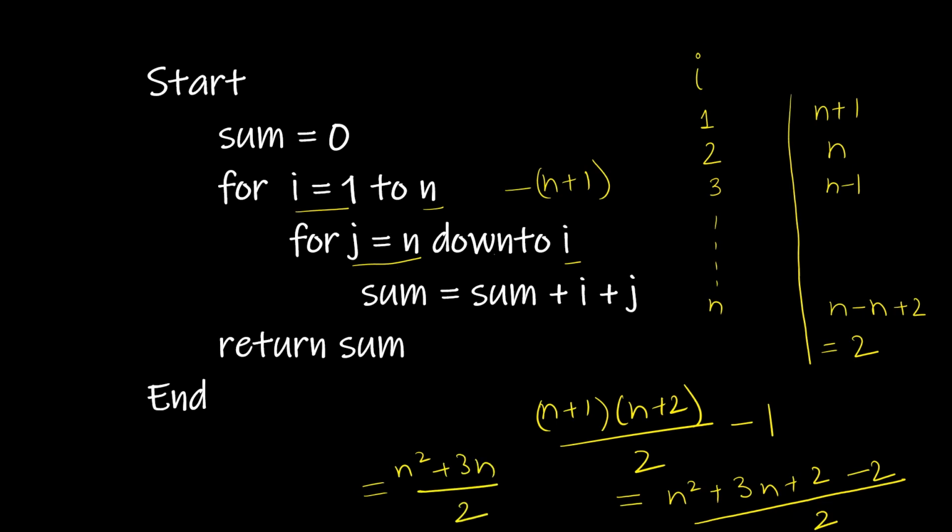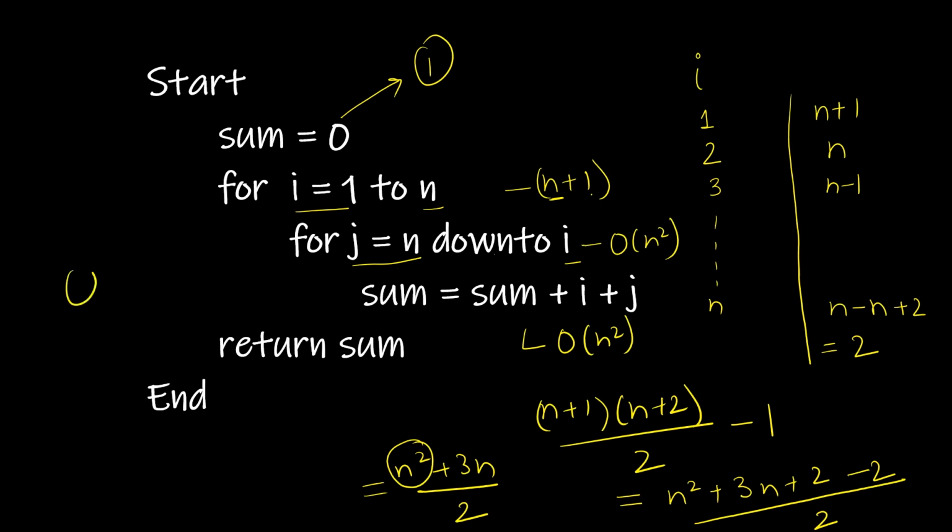So we can see that n square is the highest degree variable in this function. And in this whole algorithm, our first statement will run only once. Second statement runs n plus 1 times, so the highest degree variable is n. Second for loop will run (n square plus 3n) by 2 times, in which the highest degree variable is n square. And the statement inside the second for loop will also run in order of n square. So we can say that the time complexity of this pseudocode is of order n square.